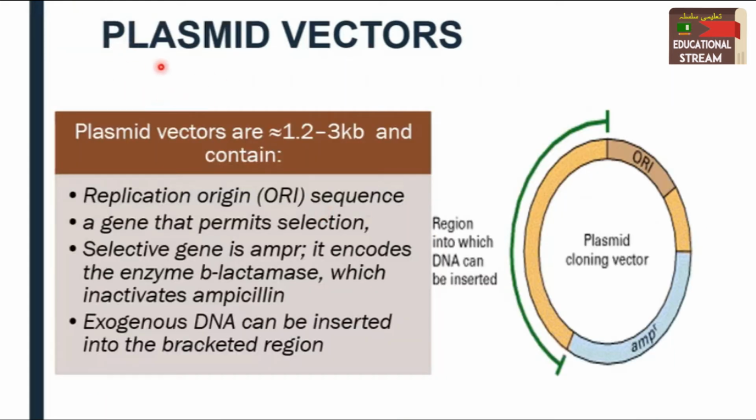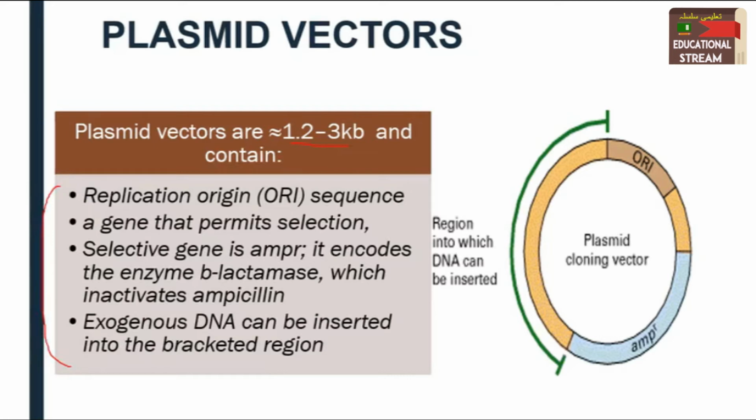We will discuss one example of the cloning vector which is most commonly employed. These are the plasmid vectors. You can see the structure of the plasmid vectors. Plasmid vectors are usually 1.2 to 3 kb in size, and they contain all the important properties that a vector should